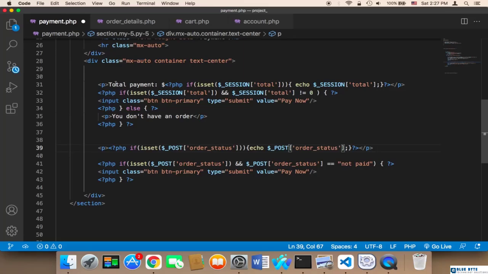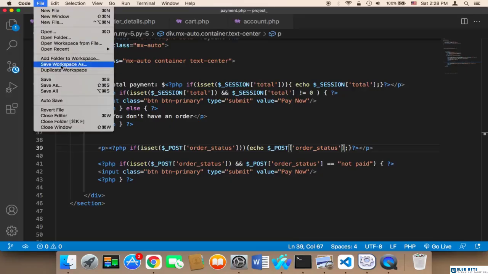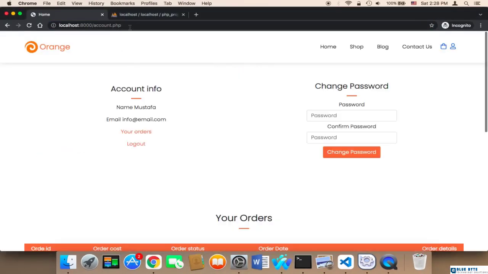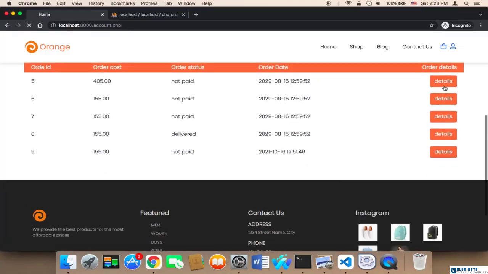total payment, if session total, then we need to display the total, and we need to say else, you don't have an order. But I'm gonna work on this later because it's gonna get complicated. Let me now save and let me refresh, and now let me click on details, and then let me here